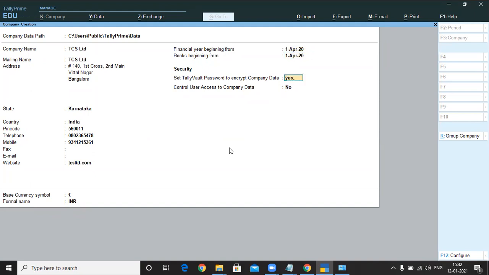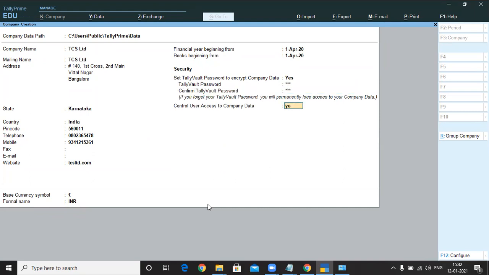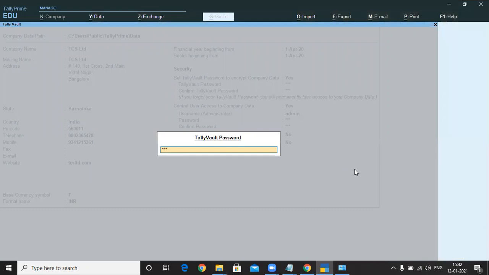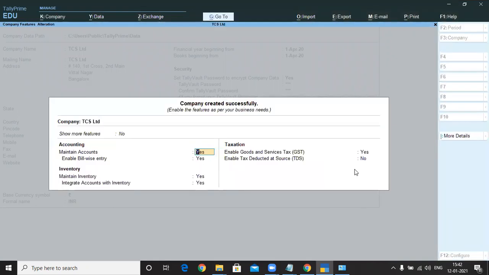Then assign the password itself. Then use user access control and use the same admin page, accept and save it. Again, it's asking for the Tally Vault password, then user, and press control.